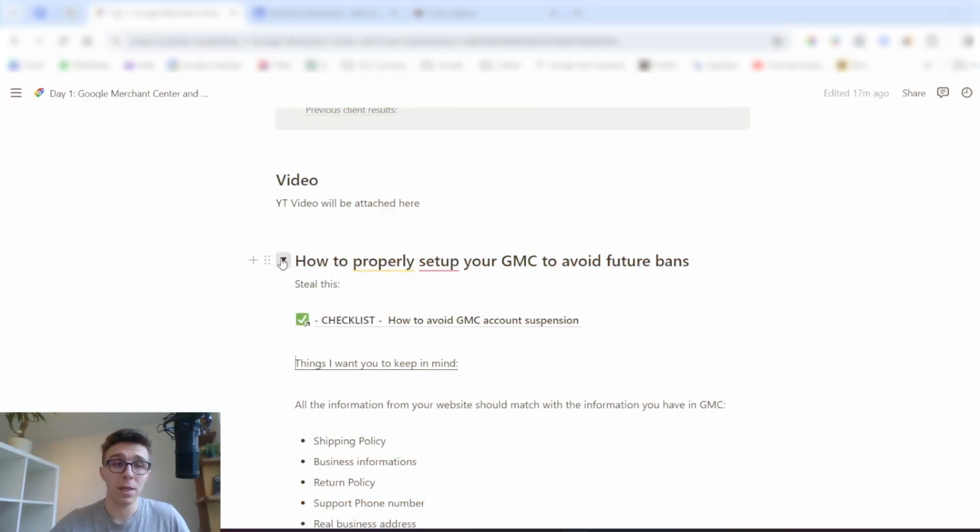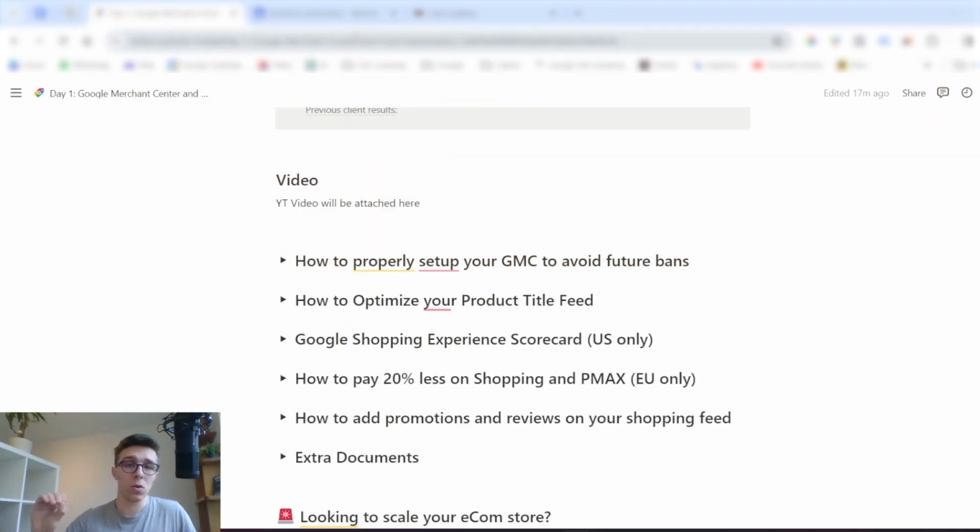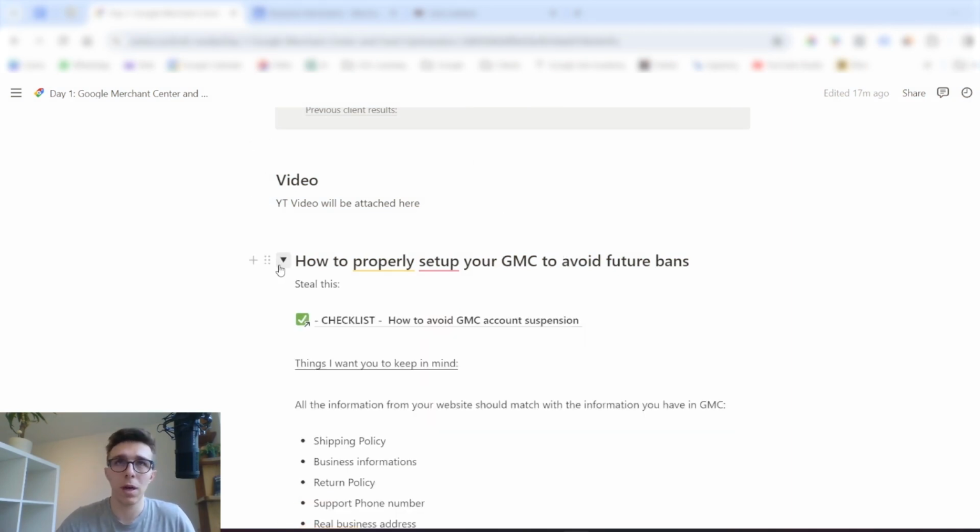So by having this in your store, all the steps that I showed you, you're going to be protected from bans. And I'm seeing a lot of people being banned for misrepresentation. Well, this is how you can avoid it. It's that easy. But if you somehow are experiencing a misrepresentation problem, then you can check this checklist because it goes